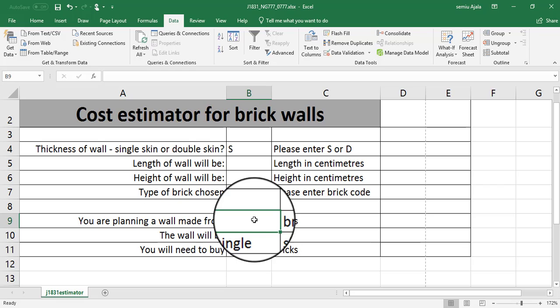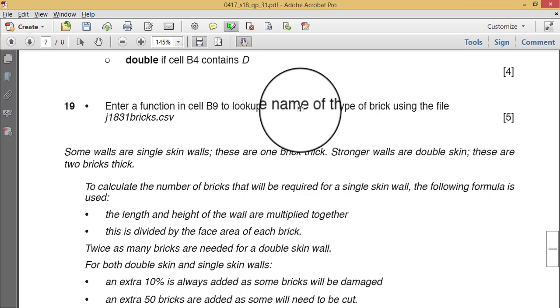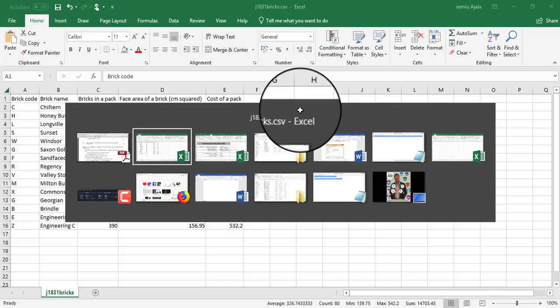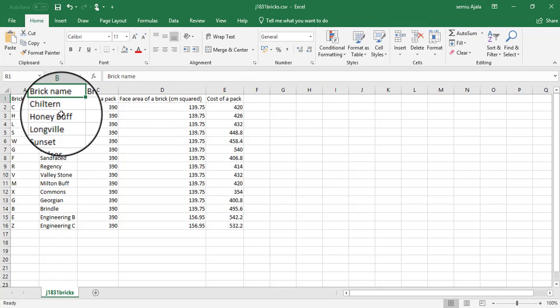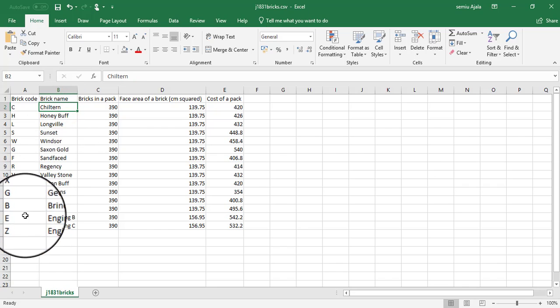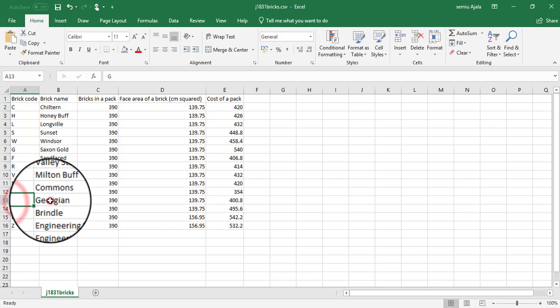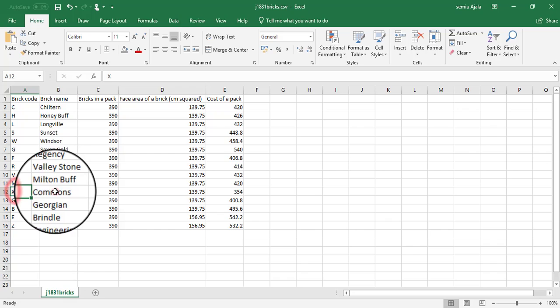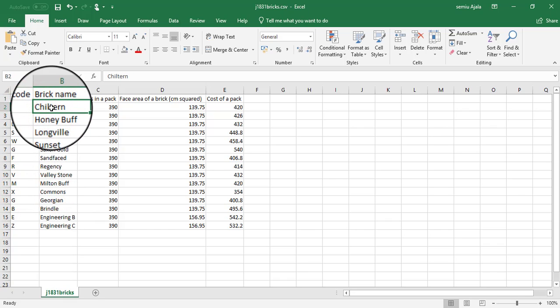What do we want to do? We want the spreadsheet to be able to tell us the type. Enter a function to look up the name of the type of brick. If you come here, see the brick name. If it is C, then it is this. If it is B, it will be this. G will be this, X will be this. So once we get the code, then what is this? For example, if I say there is an